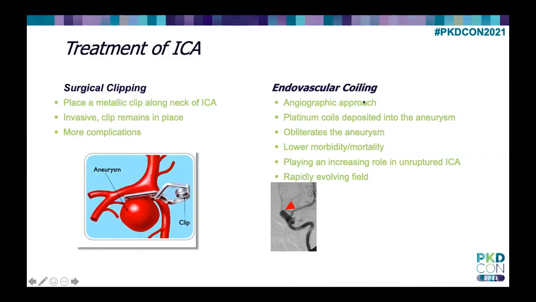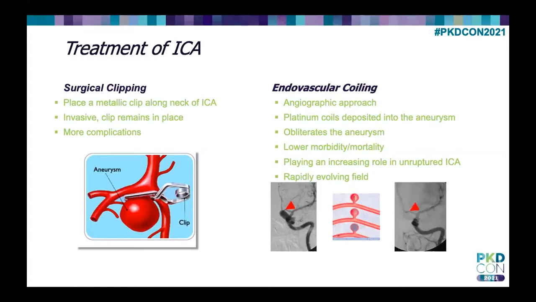The second method I'm going to mention is what we call endovascular coiling. This doesn't involve a surgical approach, but an angiographic approach. They go in through the groin or the arm, just like you would for a coronary angiogram. I'm just going to show you what that might look like here. Right here at the tip of this arrow is a big aneurysm. And what they do is put coils into the neck of the aneurysm, and this eventually obliterates the hole there. And that's what it looks like after it's obliterated. This one, you can see that it's gone.